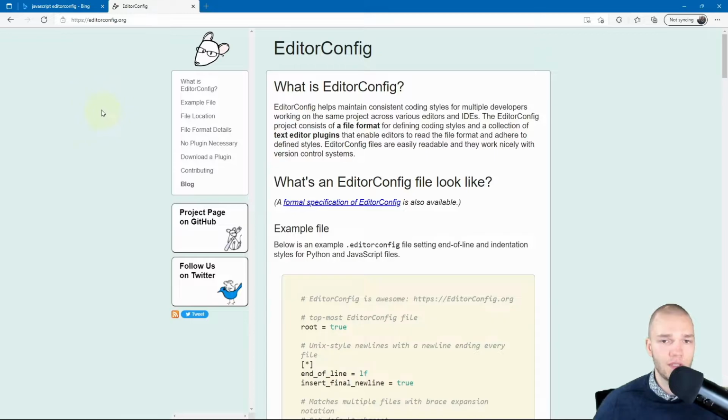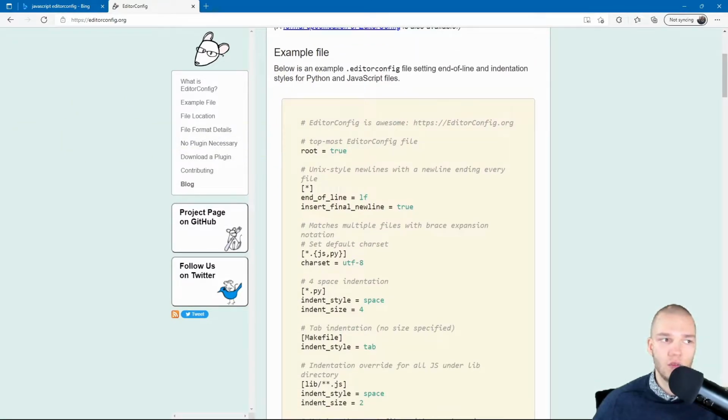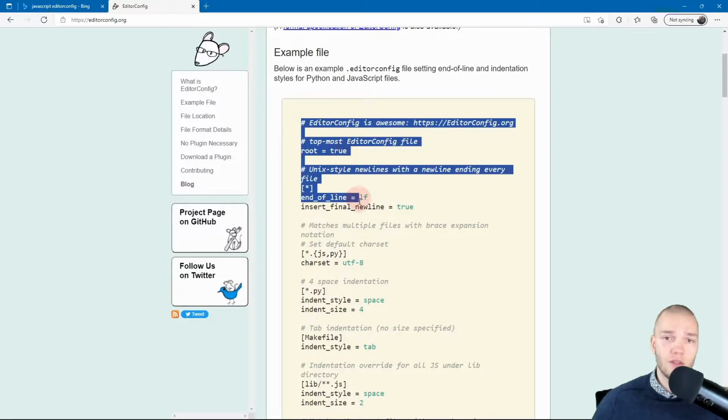And to use editor config, you just need to place a .editorconfig file at the root of the project you're using it in. And on this page we see an example one. So this is the one I'll use.